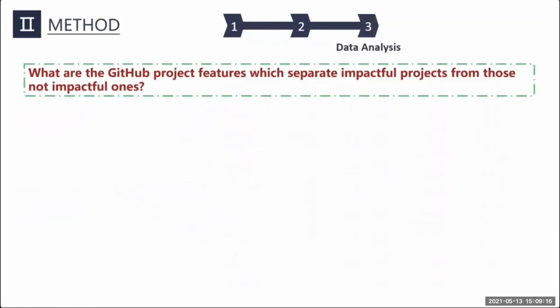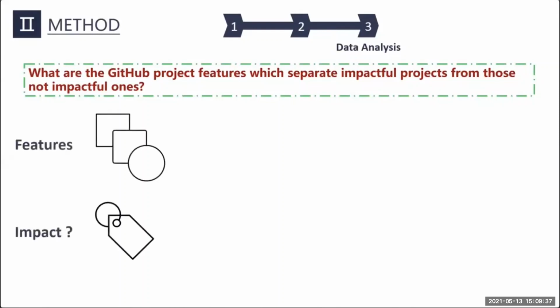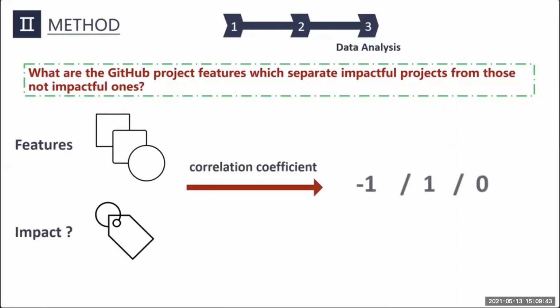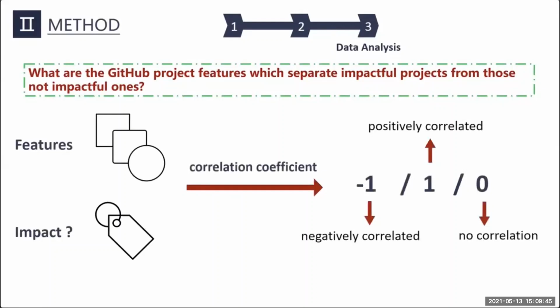So as a last step, we conduct analysis on the collected project features. The question we want to answer is, what are the GitHub project features which separate impactful projects from those not impactful projects? So the first method that we used for the analysis is a correlation coefficient analysis, where